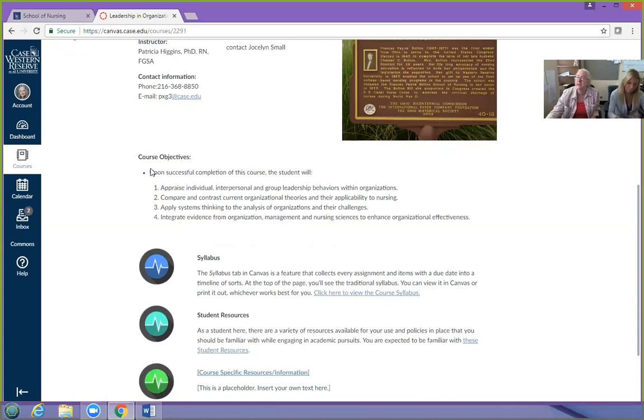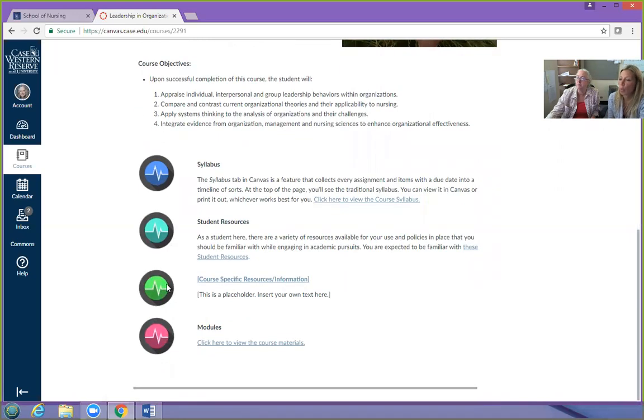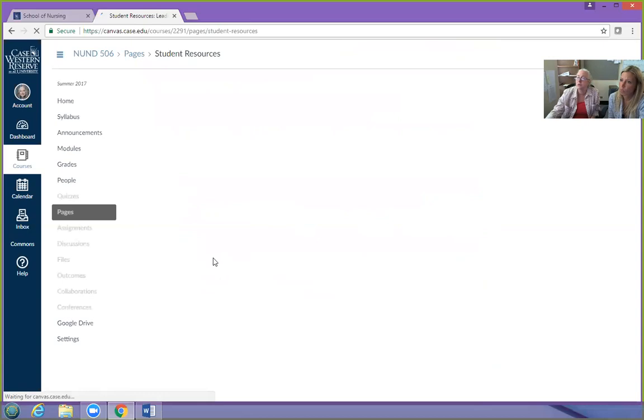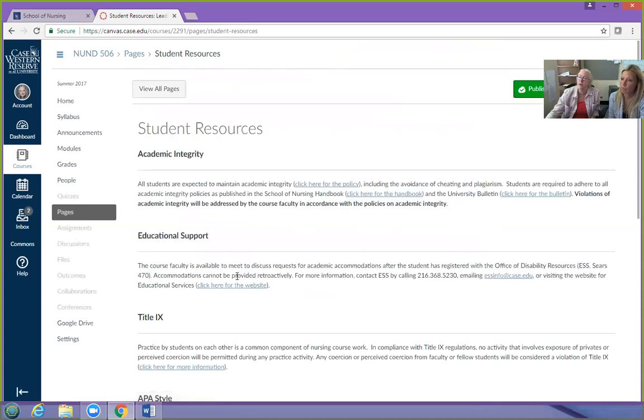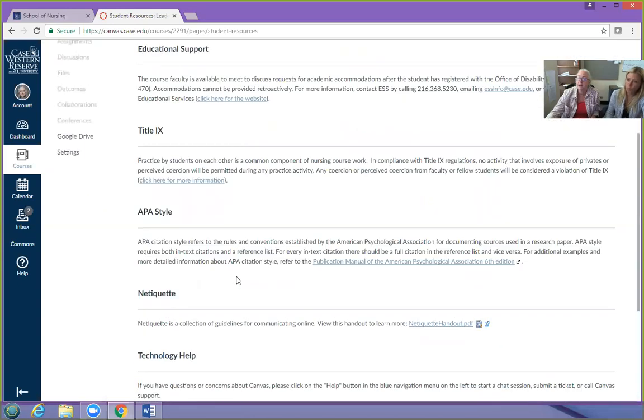But what you'll see is in all the individual modules, there will be objectives for the module as well. But this is the work that we're going to undertake together. Come down a little lower, and there are what we call buttons. You will find that the first button takes you to the syllabus. The second button takes you to some student resources, for a little content about academic integrity, educational support, Title IX,